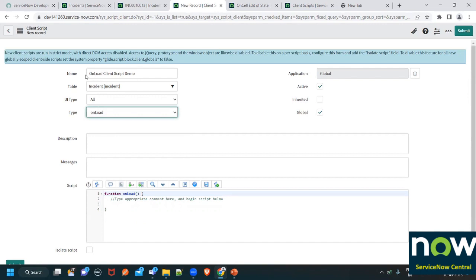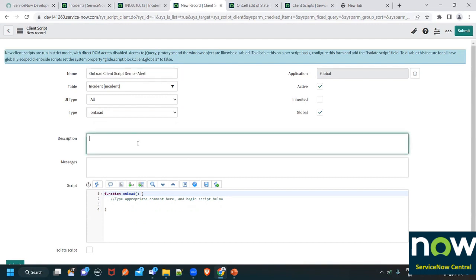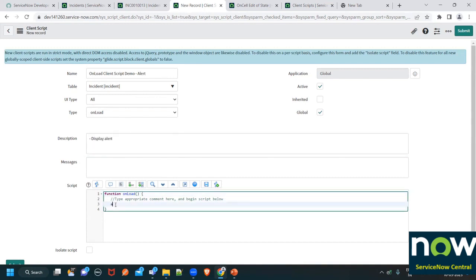I want to write a script to display some sort of alert. Let me put in a comment to document this: display alert. So I will put alert. Alert is nothing but a JavaScript predefined function to give an alert on the form. So you can put some sort of alert, for example,